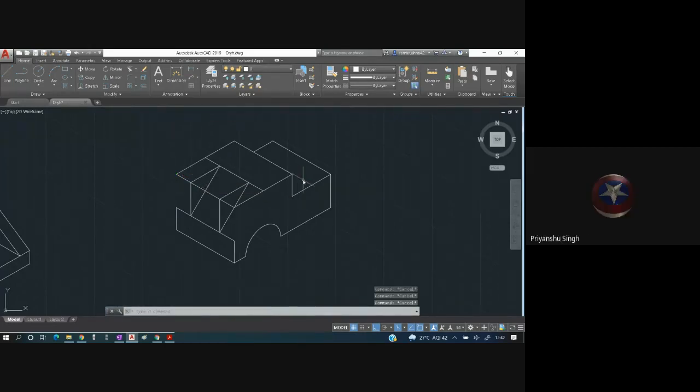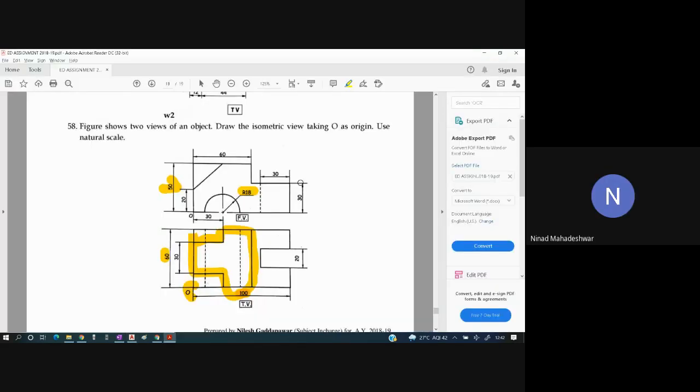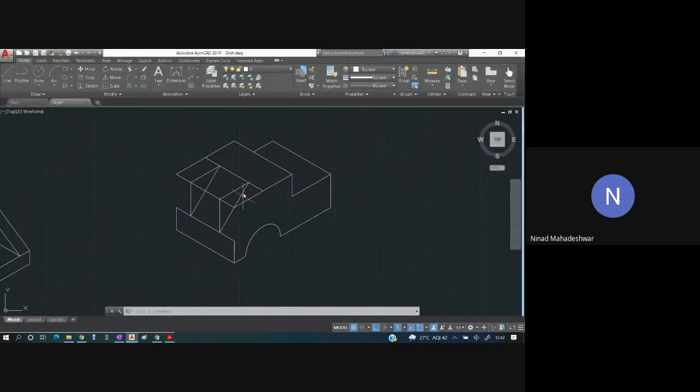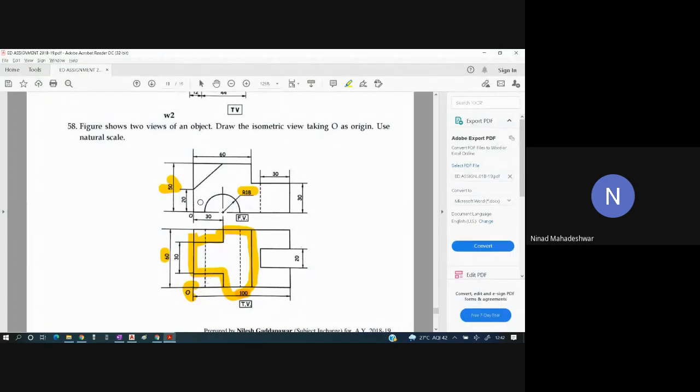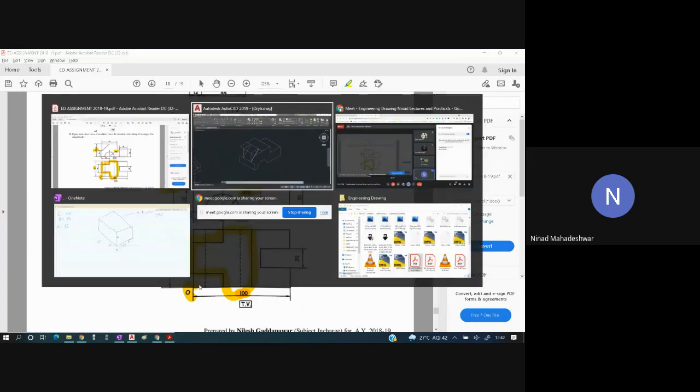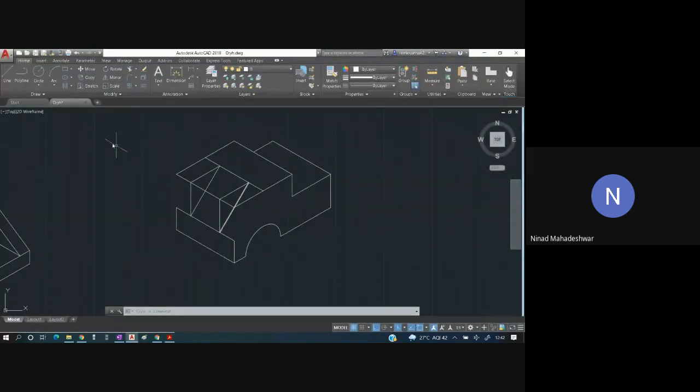Yes, sir. Now the next part is this entire incline line. Right now the incline line is visible, which is this line over here, and which is this line. So that incline line is visible to us, and that we have to take out. Now understand this part very carefully. This incline line, when you see from the top, you see this entire thing as a rectangle.